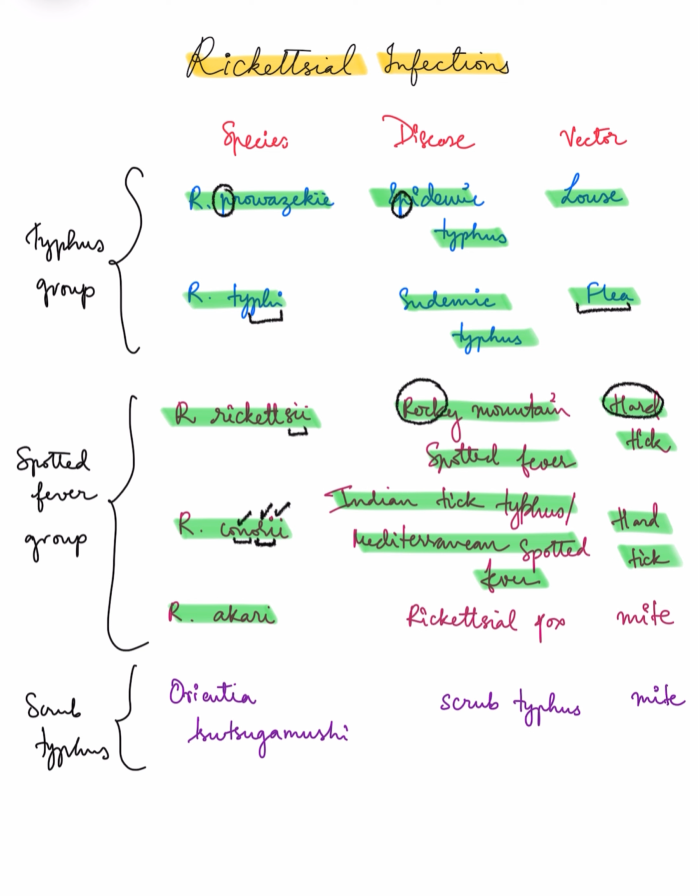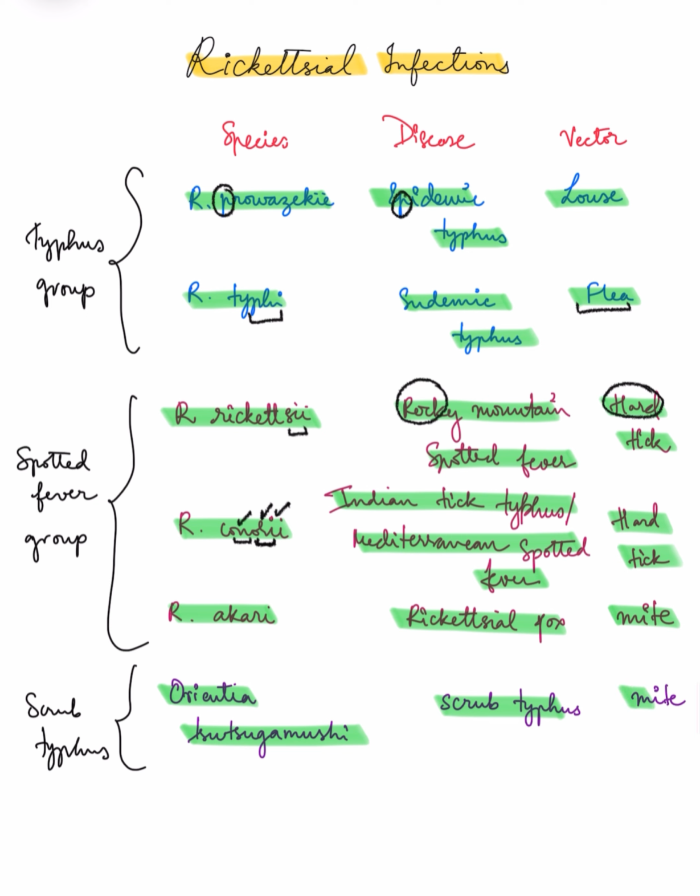Then we have Rickettsia akari, which causes rickettsialpox, and it is transmitted by mite. Please don't get confused here. Rickettsia rickettsii and Rickettsia conorii are transmitted by hard tick, and Rickettsia akari is transmitted by mite. Then lastly, we have the scrub typhus group, which is Orientia tsutsugamushi, which causes the disease scrub typhus, and it is